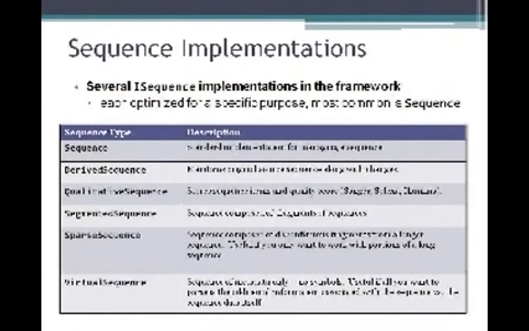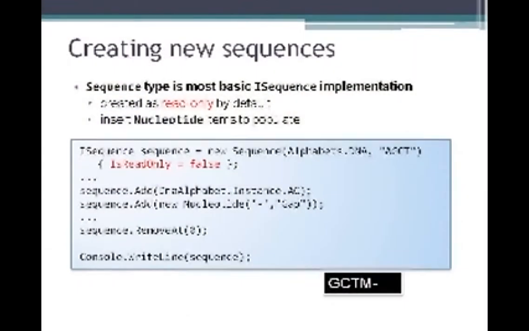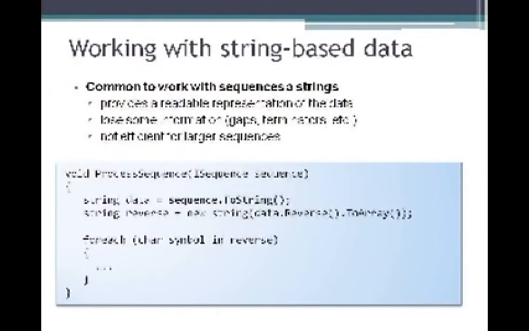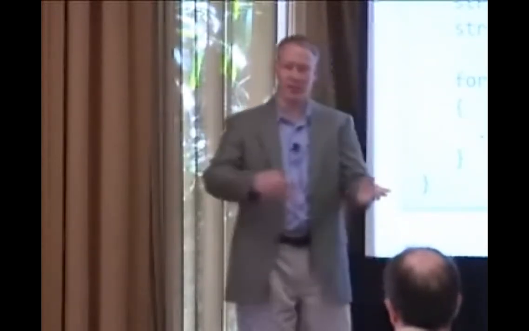All right, so as an example, in fact, let me just go forward two right here. Here's one way you can manipulate the data. So I can simply say sequence.toString, turns it into a string, and then I can do whatever I want with that data. So I could reverse it, I can manipulate it, I can scan it looking for particular characters. All right, but it makes it very easy to use from a framework perspective.